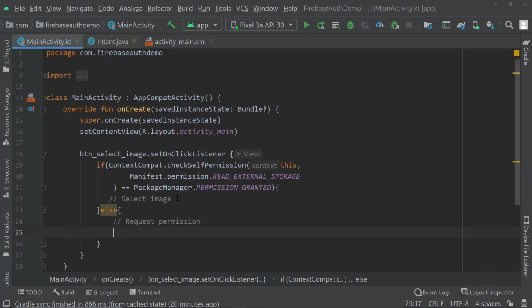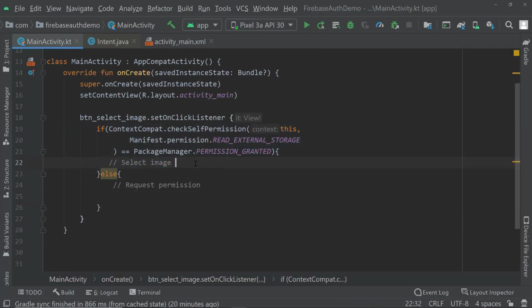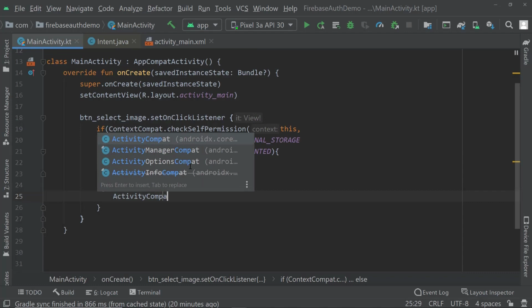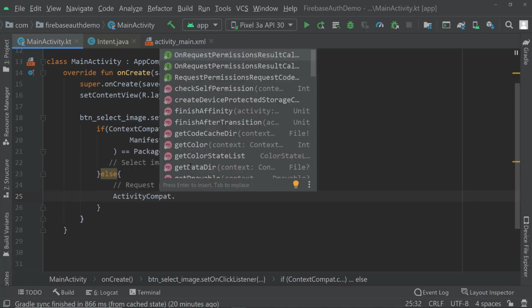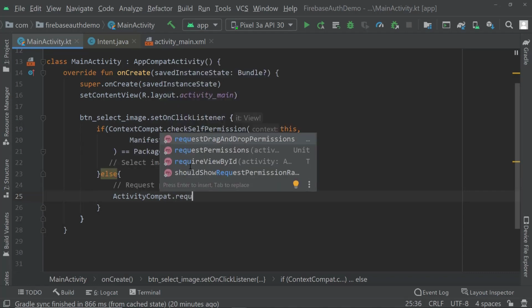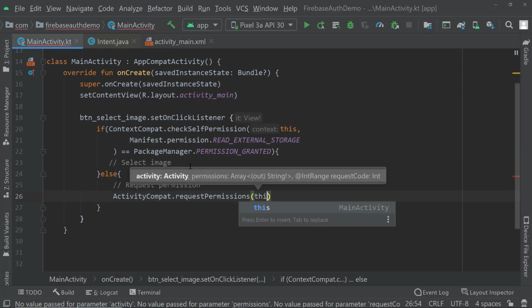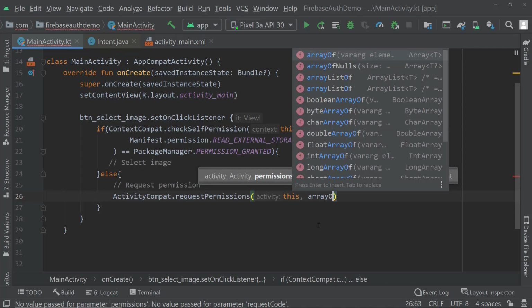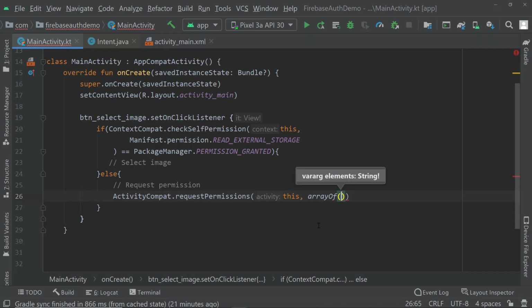Okay, so that's always how it works. If you already have the usage right, just go ahead and do it. Otherwise, ask for permission. And in order to ask for permission, we can just go ahead and say ActivityCompat once again, ActivityCompat. And here we just say requestPermissions. And you can request a set of permissions. So you say here it's an array of strings. Okay, so you can ask multiple permissions. So we need to pass an array, and we're just going to pass an array with one entry only, which will be the